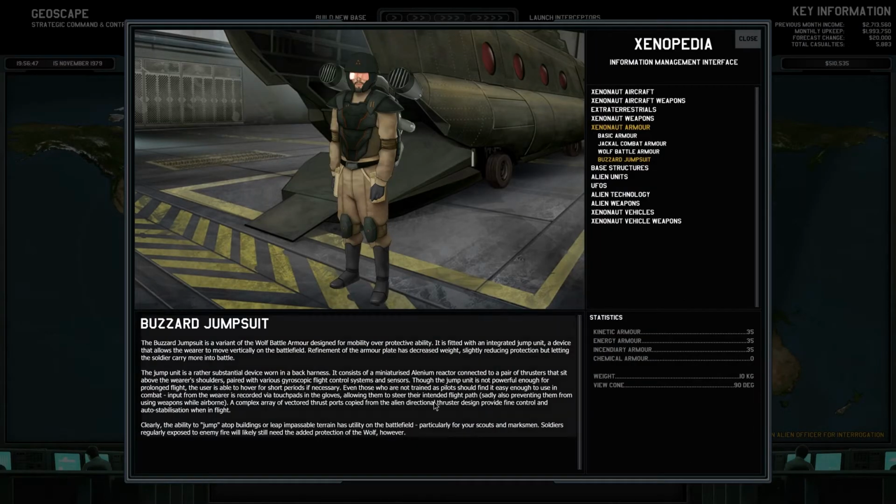We've actually now managed to research the Buzzard jumpsuit. The Buzzard jumpsuit is a variant of the Wolf battle armor designed for mobility over protective ability. It is fitted with an integrated jump unit, a device that allows the wearer to move vertically on the battlefield. Refinement of the armor plate has decreased weight, slightly reducing protection but letting the soldier carry more into battle. The jump unit is a rather substantial device worn in a back harness. It consists of a miniaturized aluminium reactor, a lanium reactor connected to a pair of thrusters that sit above the